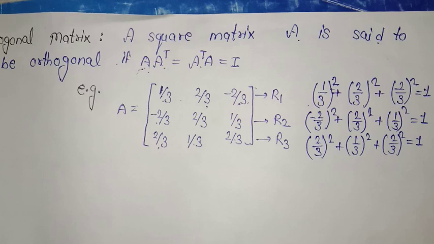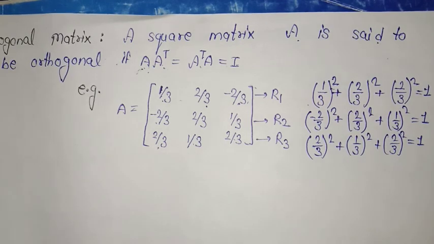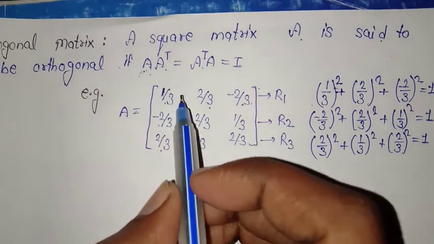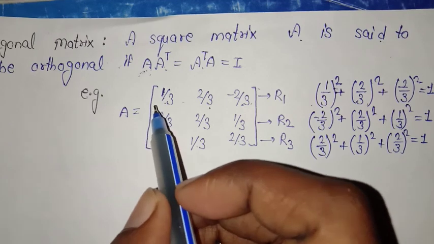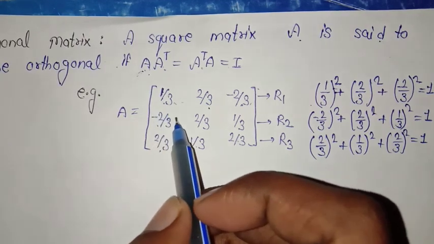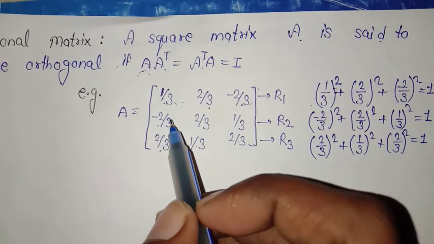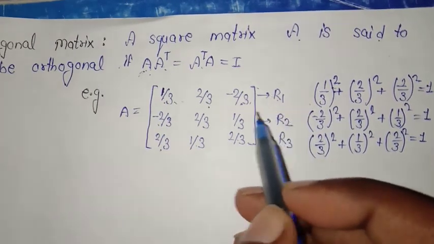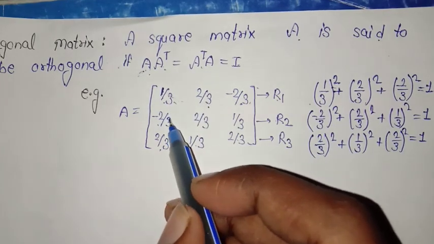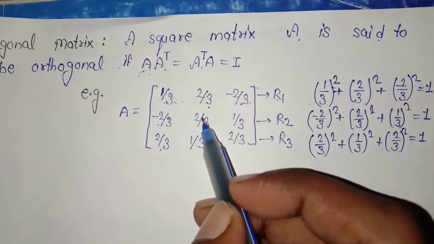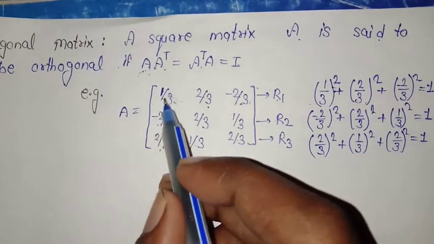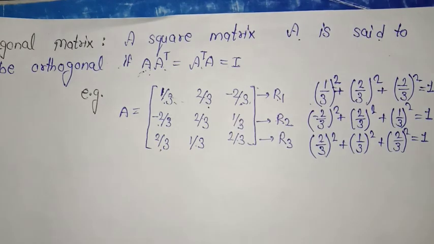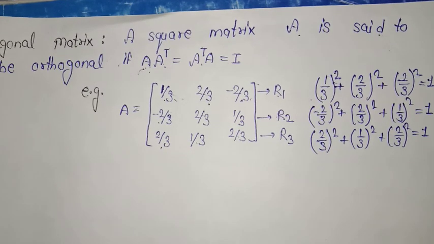There is one more trick to understand whether a matrix is orthogonal, which I will discuss later on. Now the next property is the sum of products of corresponding elements in the rows is 0. That is, if I take two rows, then the corresponding element of this element is this one, and of this element is this one. Just take their products and sum all these terms. If you get 0, then you will say that the matrix is orthogonal.